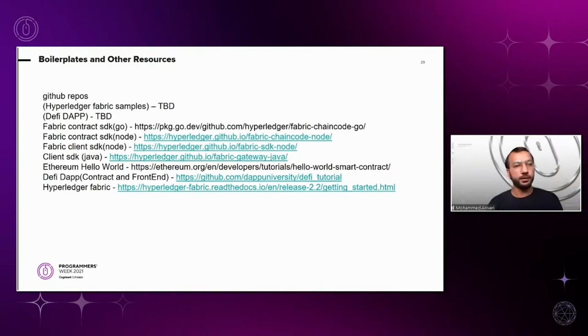So how I would go about it is that I would first of all try setting up the Ethereum Hello World and Hyperledger Fabric, the last line. These two are the ones which should be the normal starting point for all the developers out there. And once you start developing smart contracts on these, you will start to understand the things that we discussed in this discussion from a better angle.